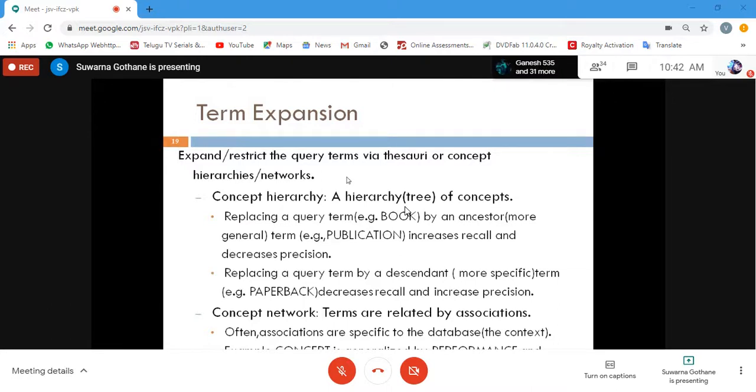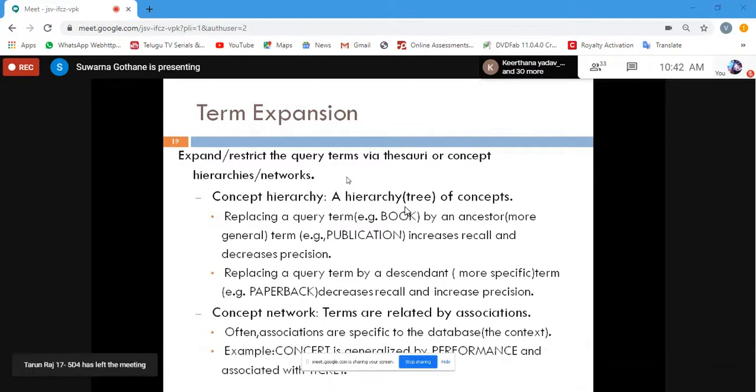Firstly, it is giving a hierarchical tree of concept example. Book, okay, suppose we have a concept hierarchy, a hierarchical representation of information. Any reading material can be classified into various sections.